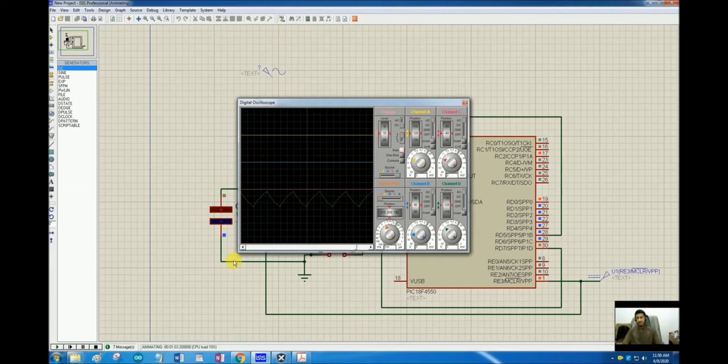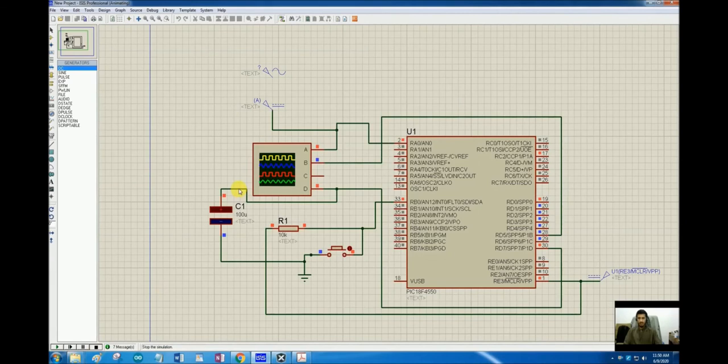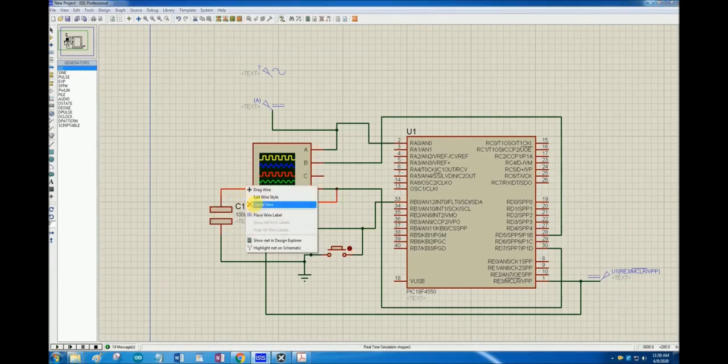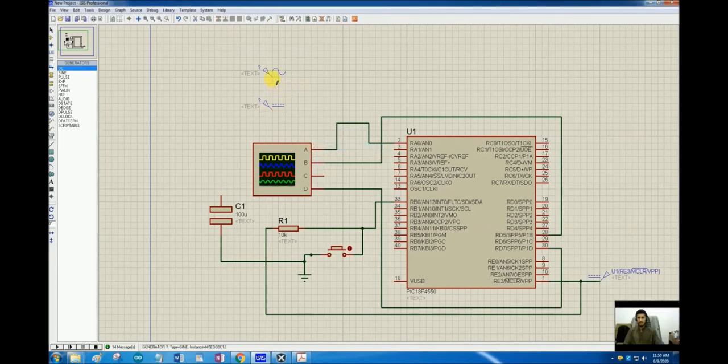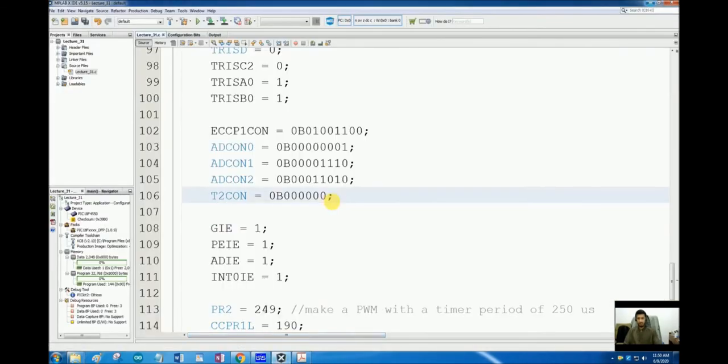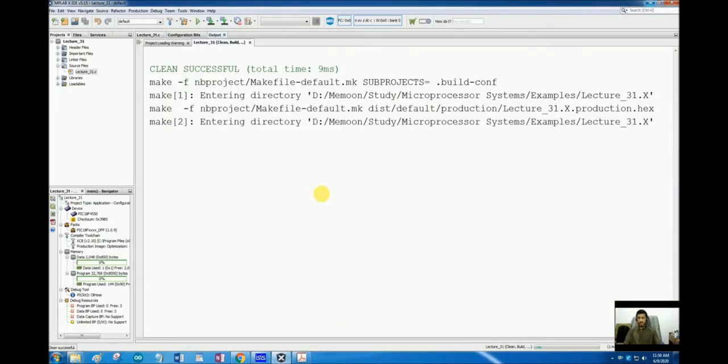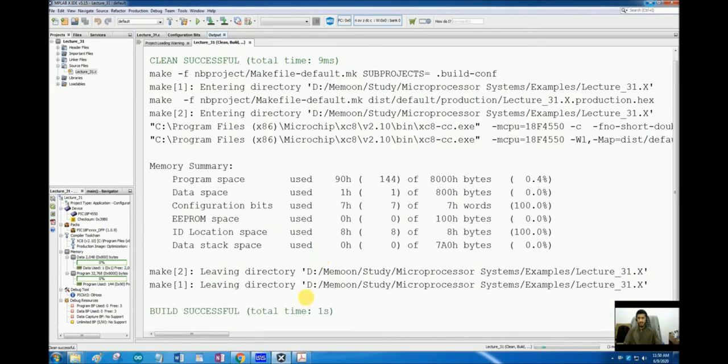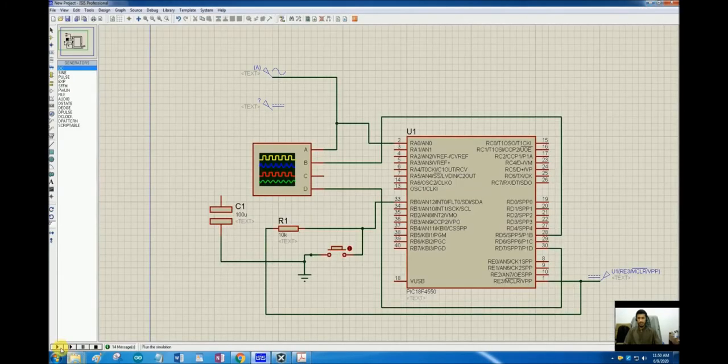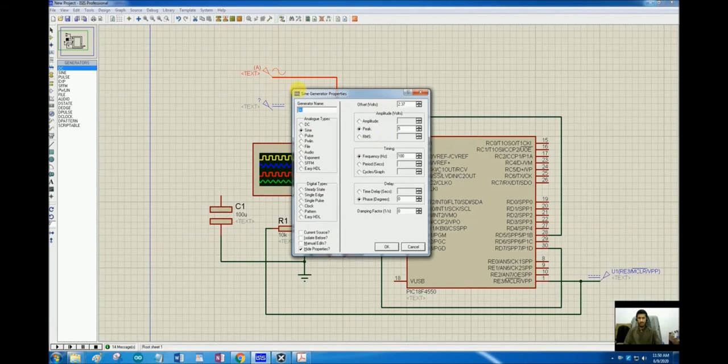But now let's change that square wave to an SPWM and then try to filter it and see what will happen in that case. So I will again connect this sine wave as the reference analog input wave, and I will change the prescaler to 1. Let's compile the code again and let's build it. And I have also changed some properties of this sine wave.